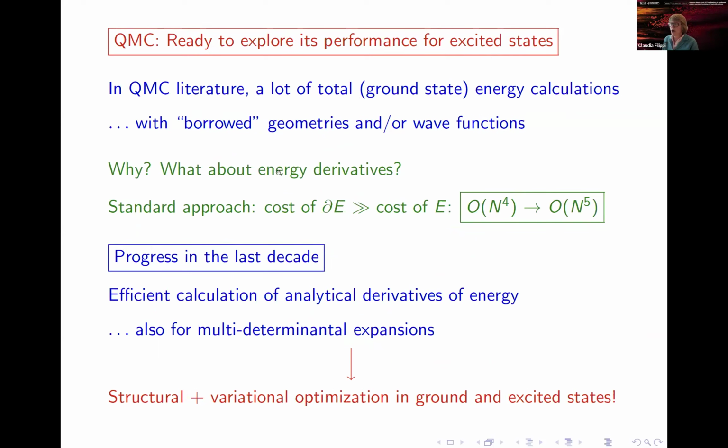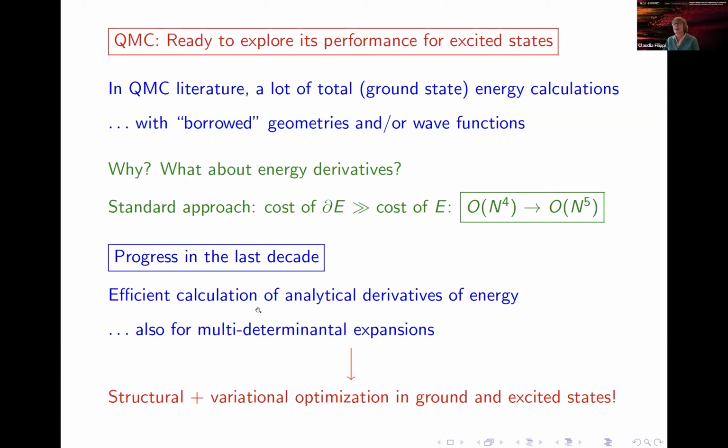Okay, so overall it has proven a bit difficult to reach a point where it was efficient to compute energy derivatives, because if you're doing things in a more straightforward manner, you're going to increase the cost by a factor of N. Okay, so order N^4 for the energy, order N^5 for a derivative. Now there has been some progress in the last decades, and we can now compute efficient derivatives analytically also for multi-determinant expansions, which means that